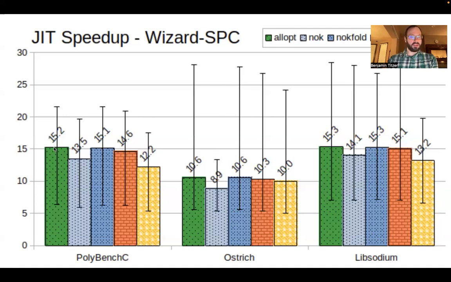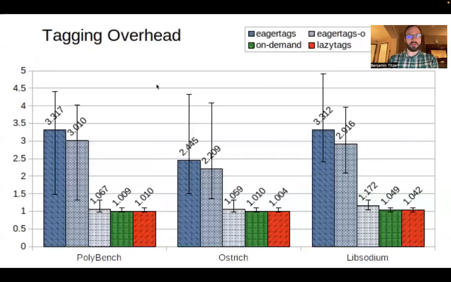So there's almost a 3x difference here, or a difference of 15 to 12. That's about 20% in turning off the multiple register support. And over here, actually, tracking constants seems to be quite important. So those optimizations actually do matter, and I'm glad that I put them in. So the next thing that I wanted to evaluate is, what about those value tags?